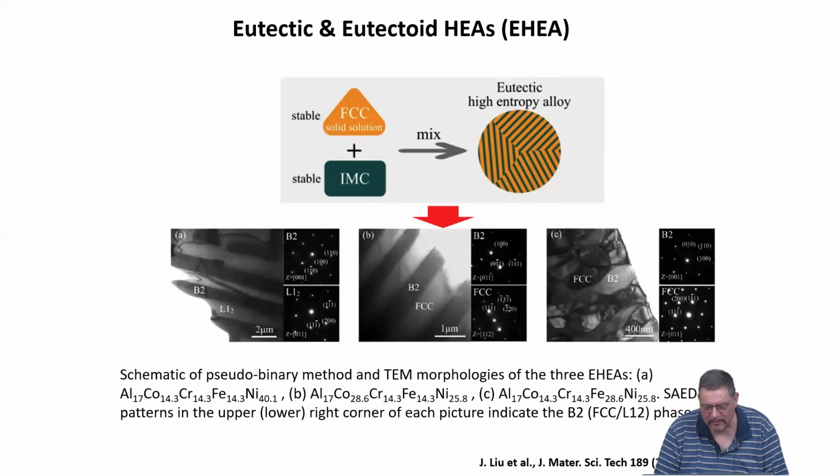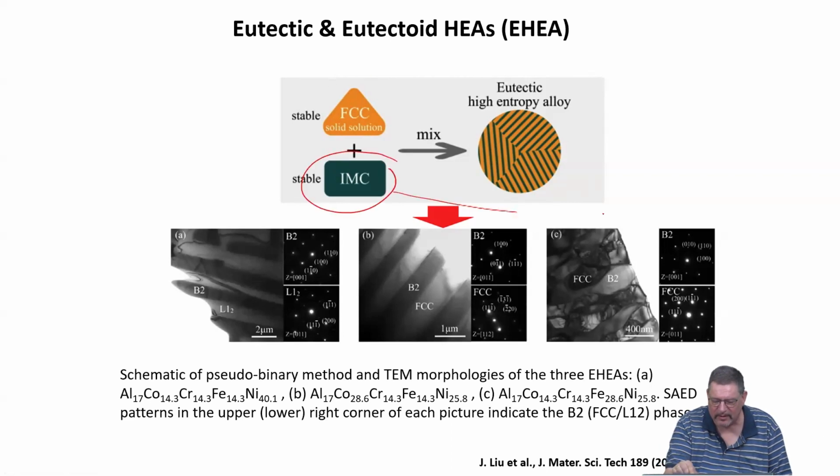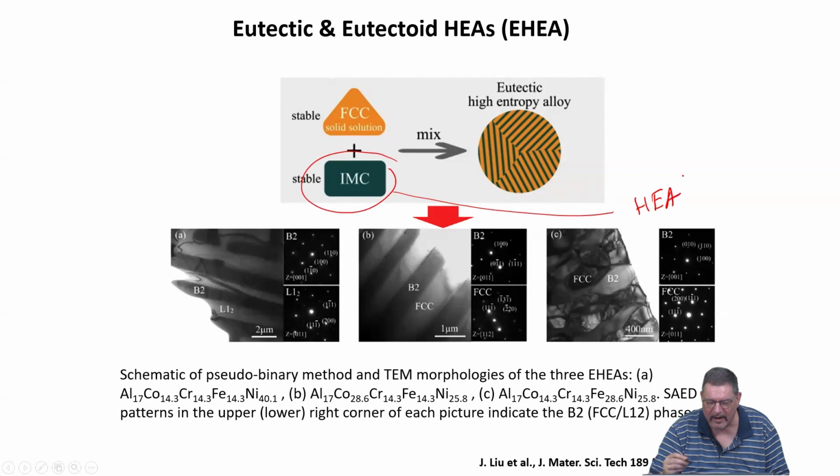And yeah, the simple way of thinking here is that when you basically have your eutectic high entropy system, you have the same microstructural approach and the same correlation microstructure to property as for a binary eutectic, right? So you have a matrix or stable solid solution phase and an intermetallic phase that forms, but that intermetallic phase is also in itself a high entropy alloy. And then basically you go through that.